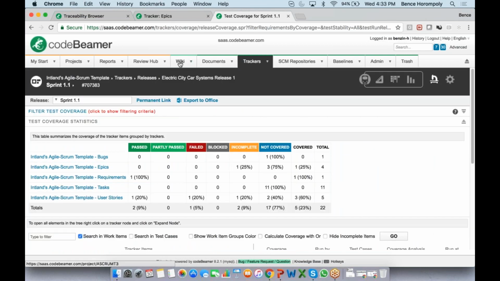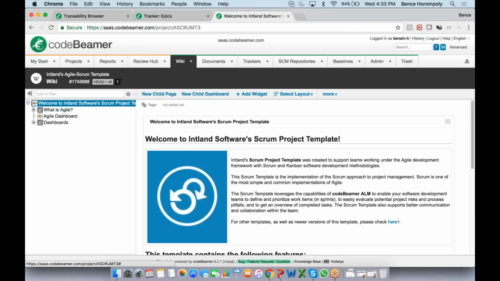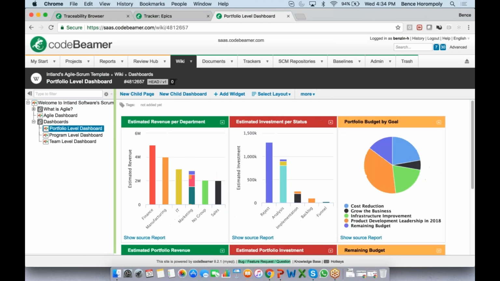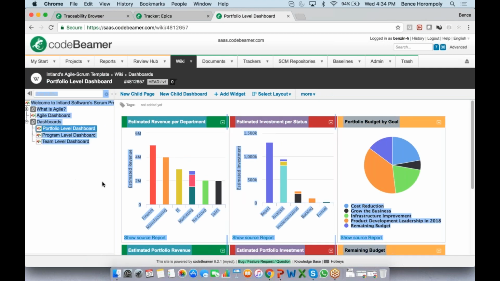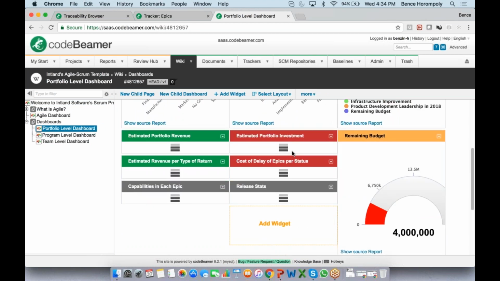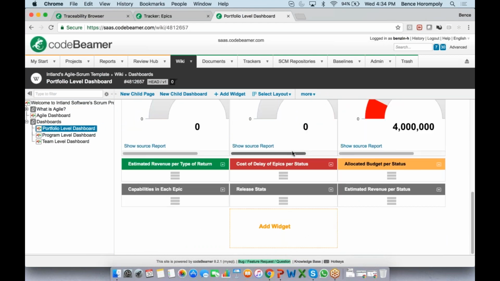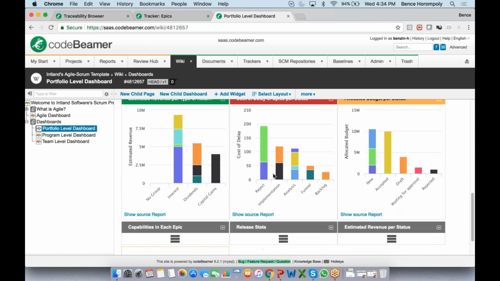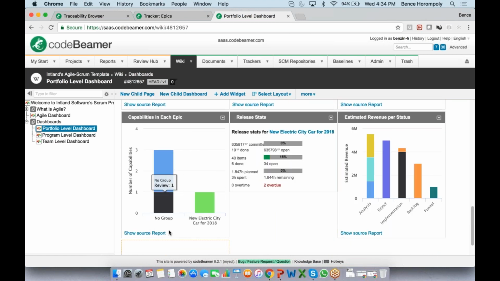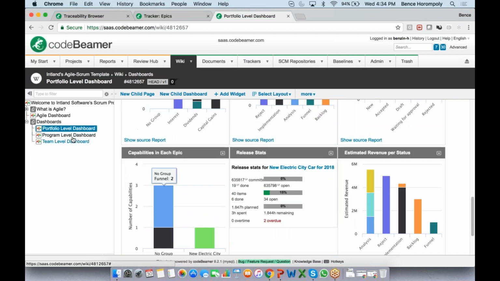Okay, and then one more thing, this last thing in this project here in the wiki, under the dashboards, just as an example, I can show you these are actually scaled Agile framework dashboards that we've created with a bunch of reports here. So this is for the portfolio level of your company. So it's scaling Agile, portfolio level, and these are all dynamic dashboards that are based on some sort of source report that I've created.